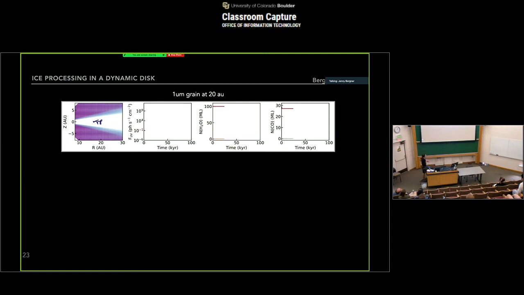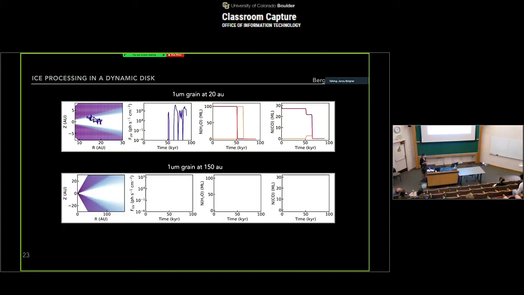So we can see that it begins its journey in the midplane. It's not really being exposed to any UV here. But as it wanders further from the midplane, you get these big spikes of UV that it's exposed to. And that corresponds to these big drops in the column densities of water and CO within the ice. I should also mention the pink is the parent molecule, and the orange is its photodissociation product. So as we dissociate water, we're forming initially just the dissociation product in the ice, and then eventually that too is lost, and the ice is basically bare.